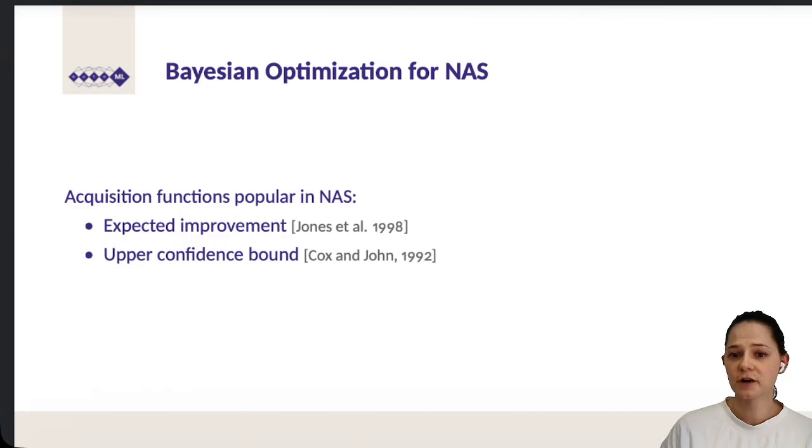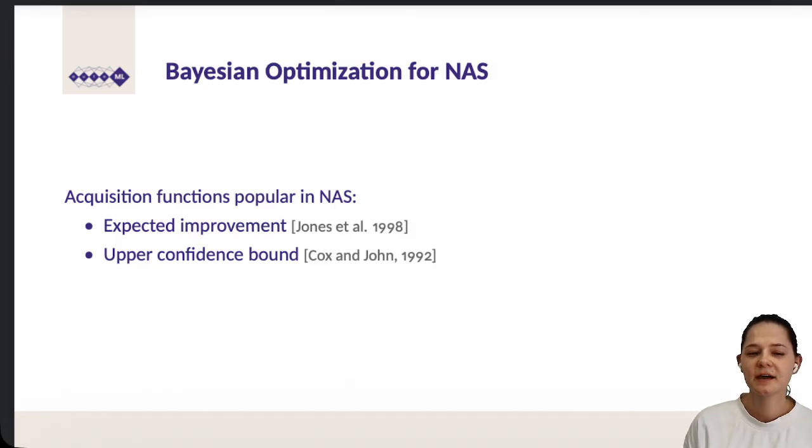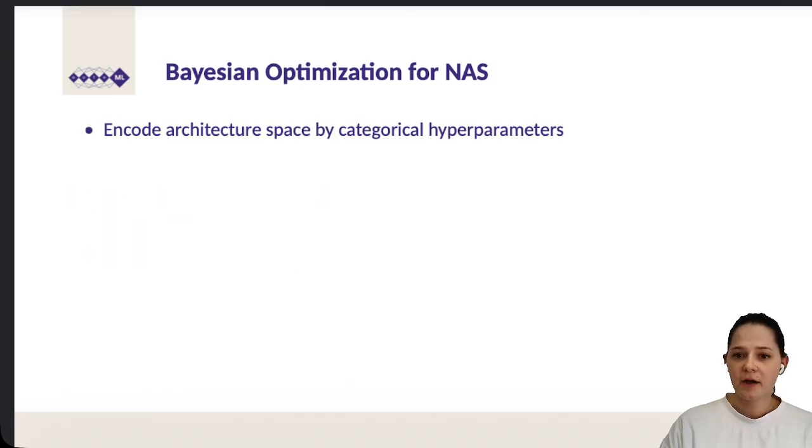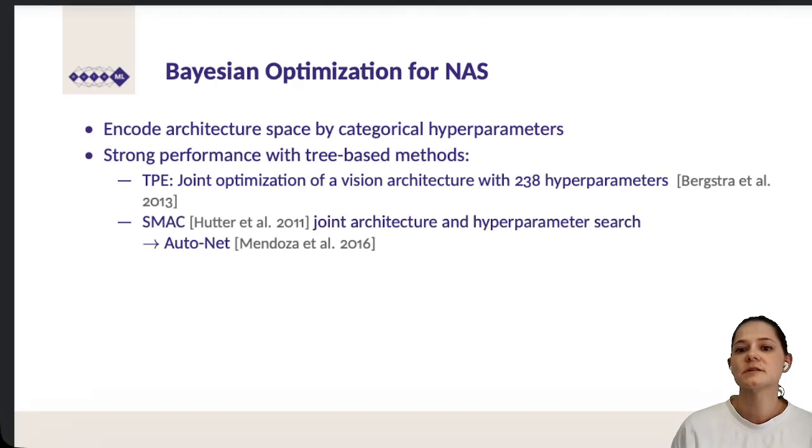The most popular acquisition functions are expected improvement and upper confidence bound. It's important to note here that Bayesian optimization with Gaussian processes and standard kernels, which are mostly competitive for low-dimensional continuous problems, is not that relevant for neural architecture search, since neural architecture search has a very high dimensional space. However, if we encode architectures using, for example, categorical hyperparameters, tree-based methods were already a very good starting point